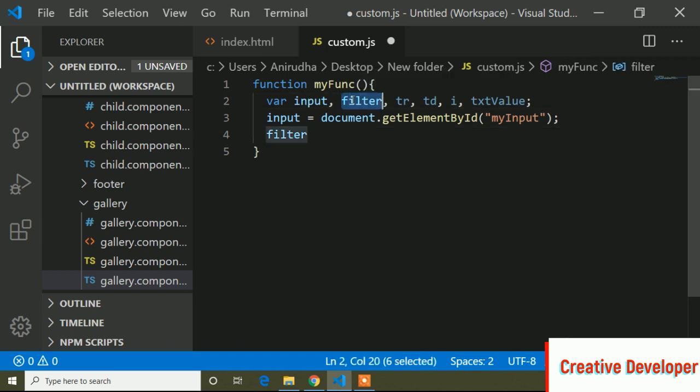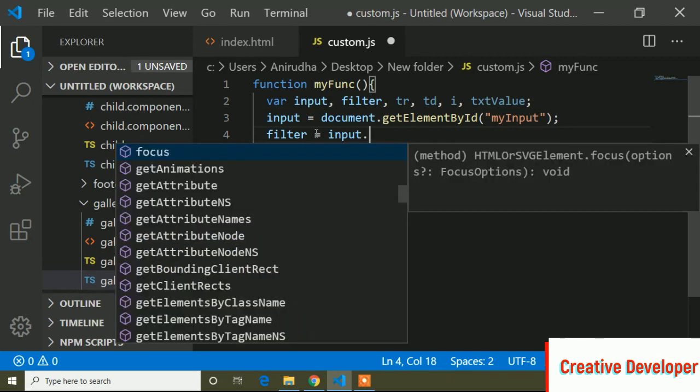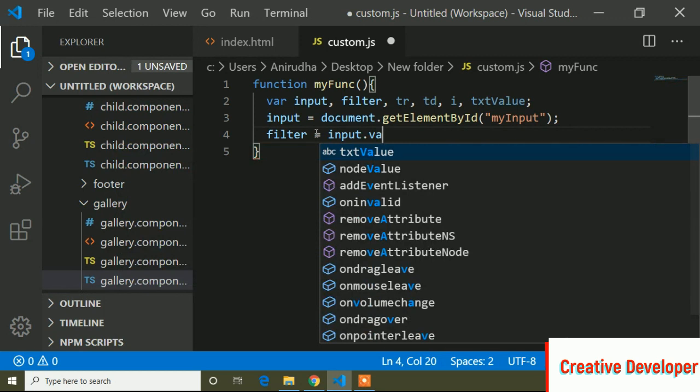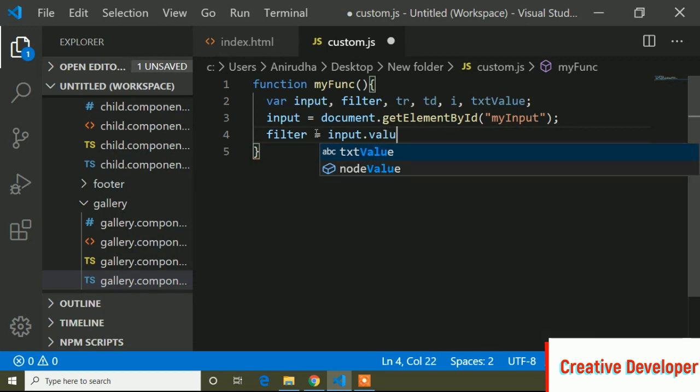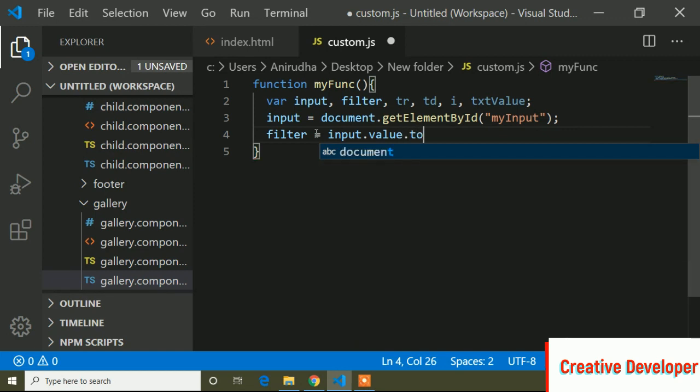Now this filter variable: filter equals to input.value.toUpperCase.